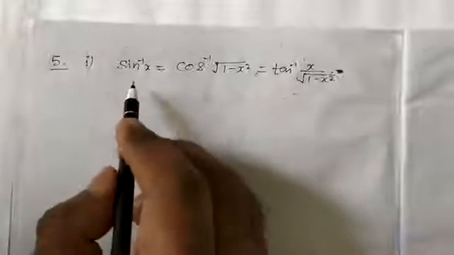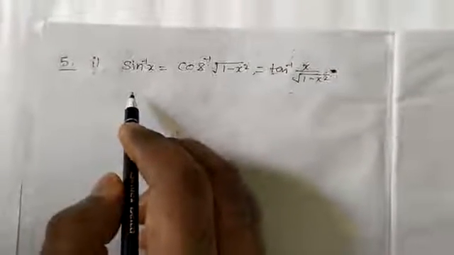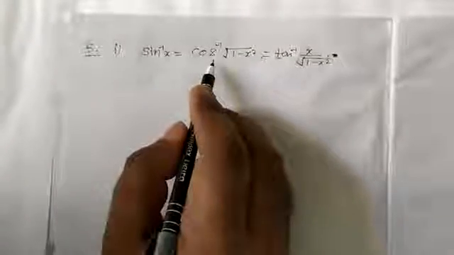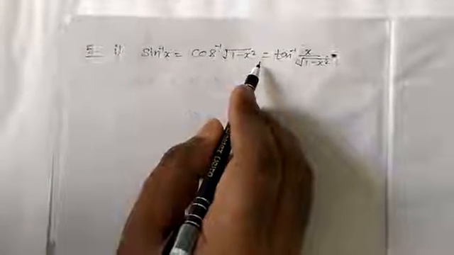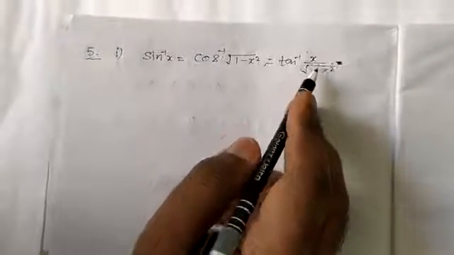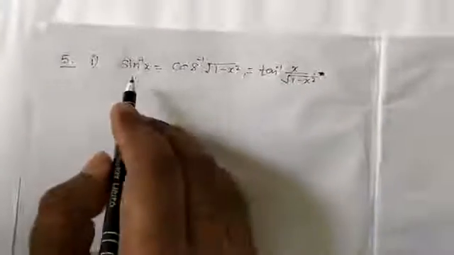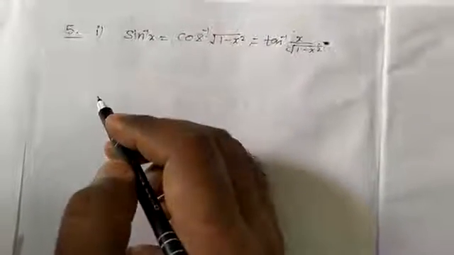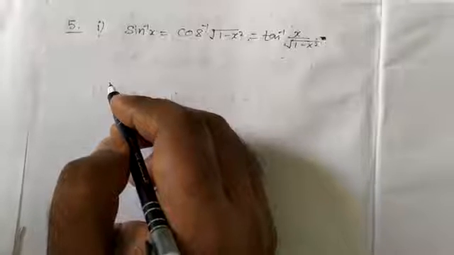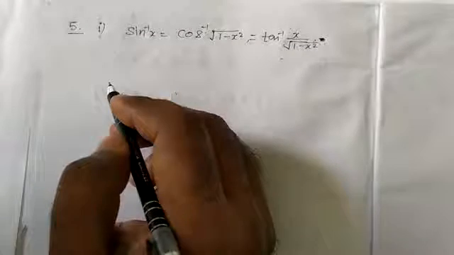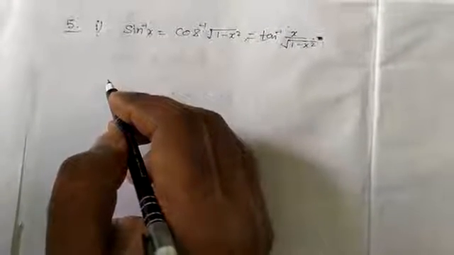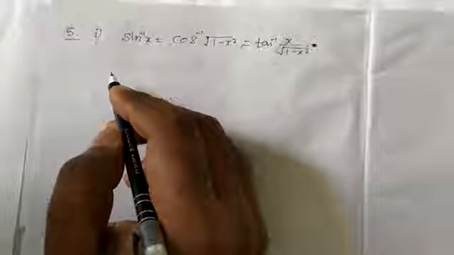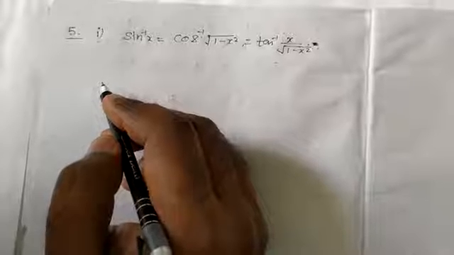Here, students, there are a few more properties related to inverse trigonometric functions. Sin inverse x is equal to cos inverse under root 1 minus x square, which is equal to tan inverse x upon under root 1 minus x square. It means if sin inverse x is given and you want to convert it into cos inverse, tan inverse, cot inverse, sec inverse and cosec inverse, how will you convert this? If you understand it for sin inverse x, then you can convert any inverse trigonometric function into another inverse trigonometric function.